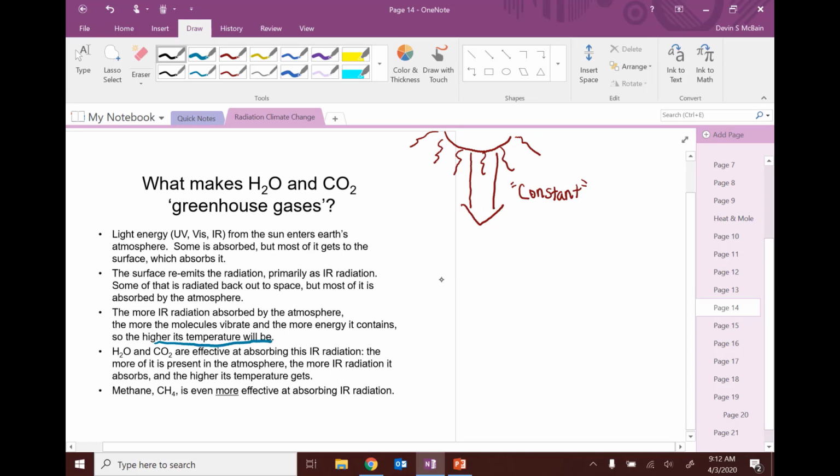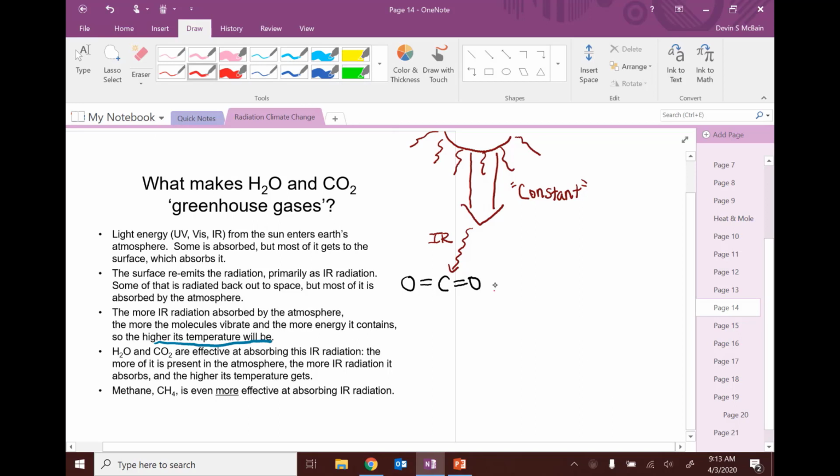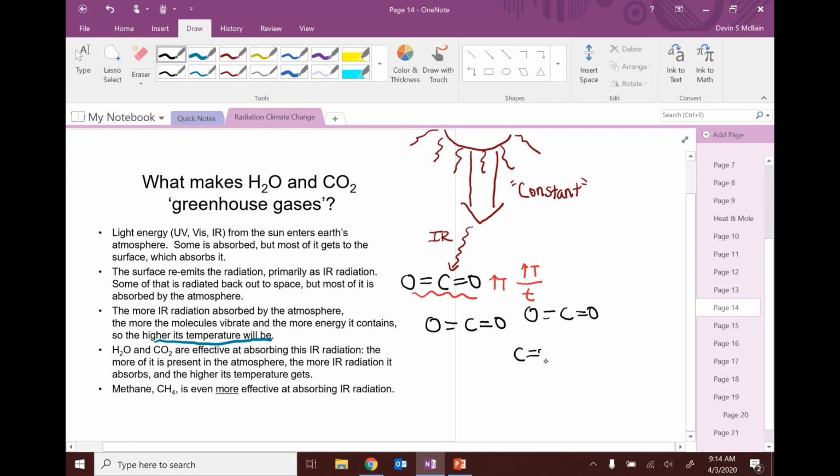So if you imagine just like one carbon dioxide molecule here, then if there's a constant amount of IR radiation that can reach that molecule, well, then it's going to increase this guy's temperature. Here, let's have a slightly different shade of red. It's going to increase this guy's temperature a certain amount and at a certain rate, right? So there will be a certain amount of change in temperature over a certain period of time, just due to this single molecule absorbing IR light. But what if we had a bunch of these guys? So let's draw more